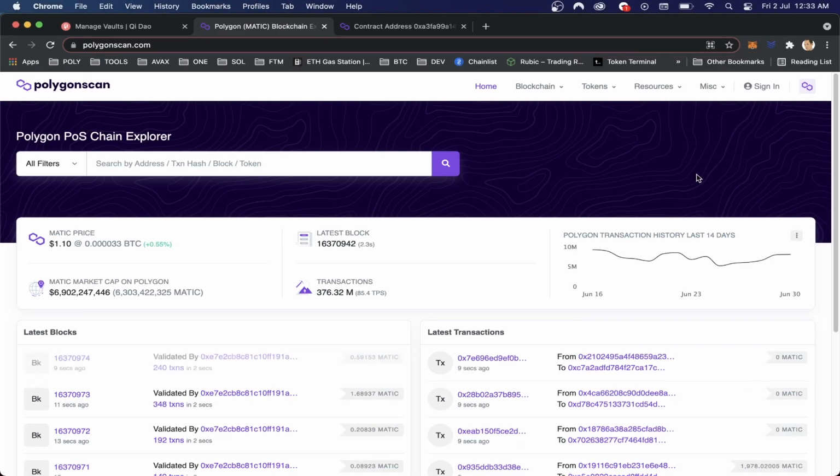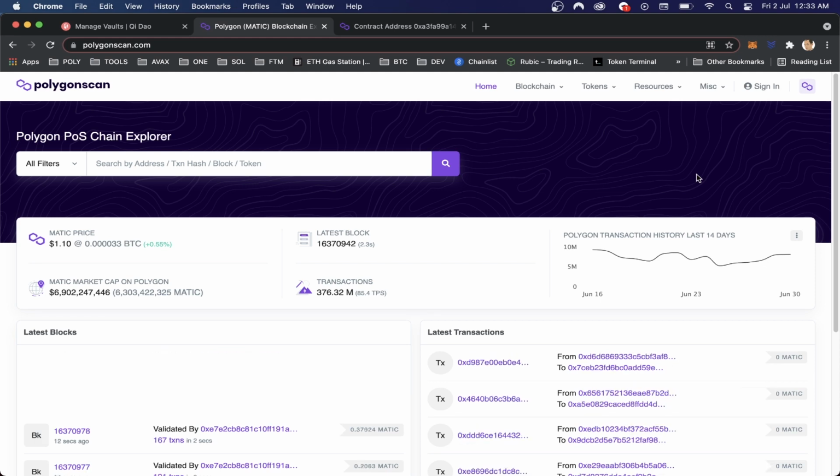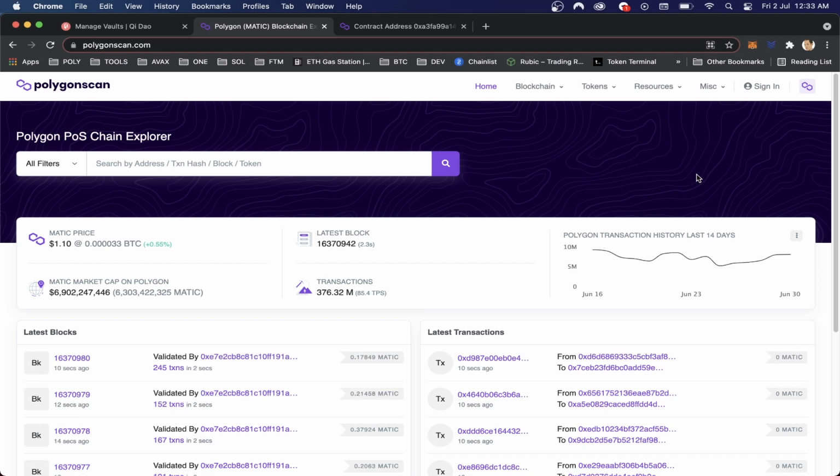Okay, so I just wanted to go through also, if the worst came to worst and the platform went down, the UI wasn't available, and we needed to pay back our loan, maybe the token came off peg, we wanted to withdraw our collateral. We can actually do this through Polygon Scan by interacting with the contract directly, and I'm going to show you briefly how to do that. We're just going to cover the vault and how to pay back your loan and how to remove your collateral, and then hopefully in a future video I will feature how to remove your liquidity pool.